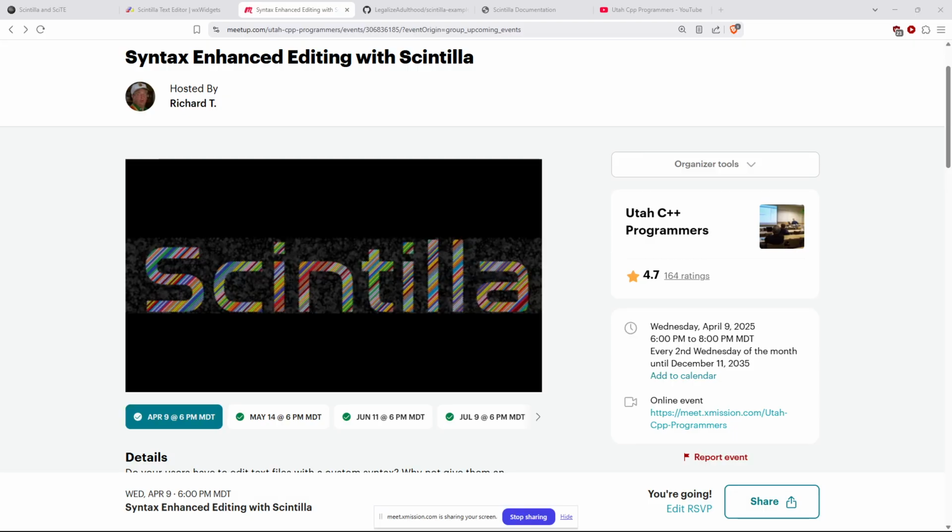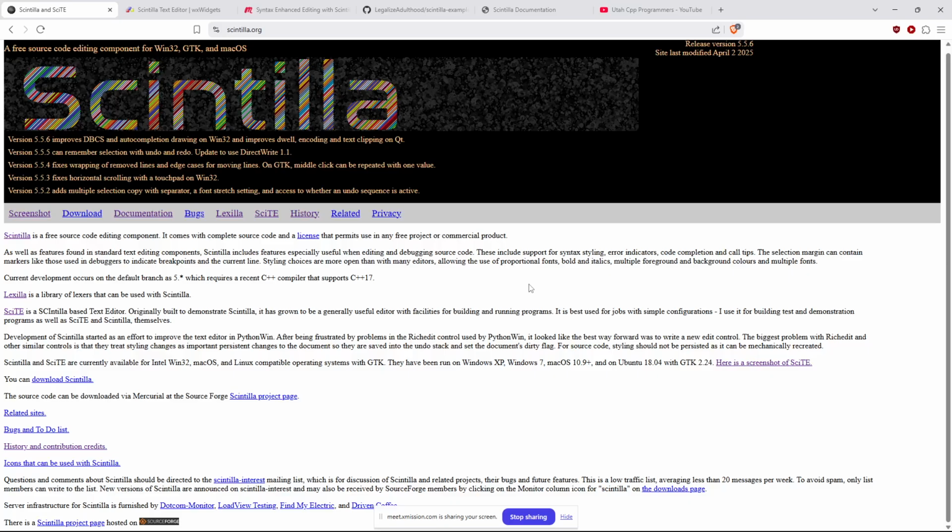It's not a debugger, it's not a compiler, it's not an implementation of any particular language, but it gives you the ability to display all that related information for source code in an edit control so that you don't have to re-implement that whole look and feel of what an IDE looks like. And if we go over to their homepage,